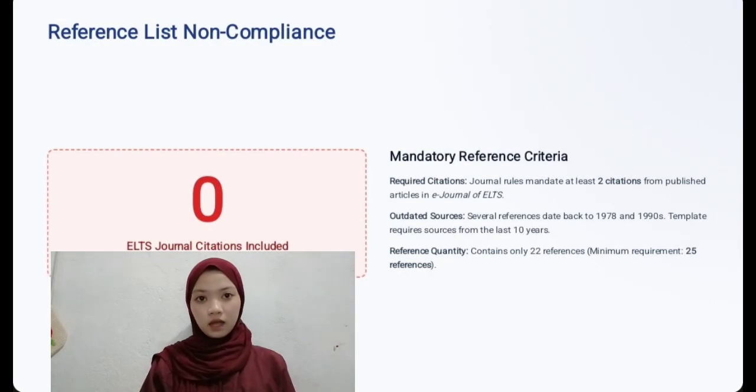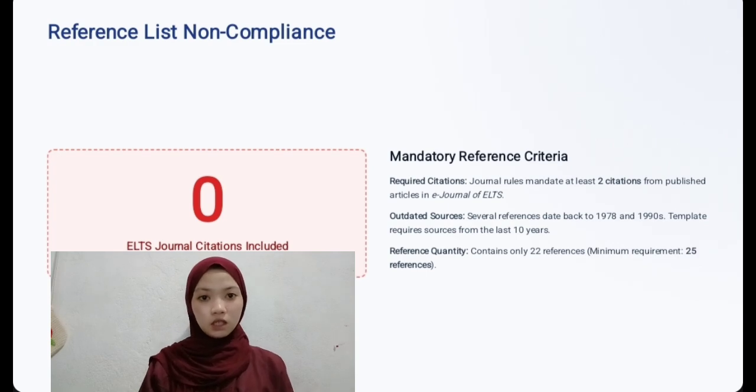Slide 7 highlights the reference list violations, which are among the most critical deficiencies. The manuscript contains only 22 references, falling short of the required minimum of 25 sources.